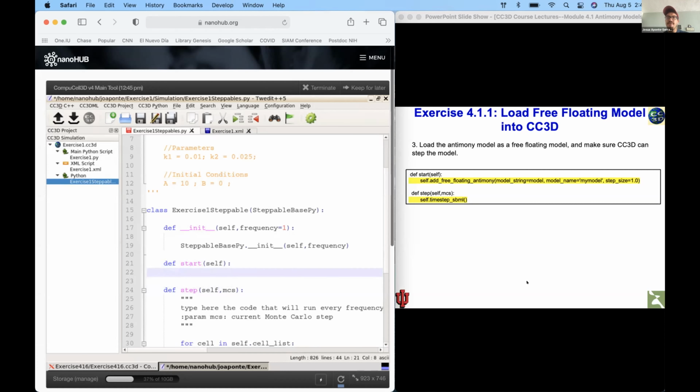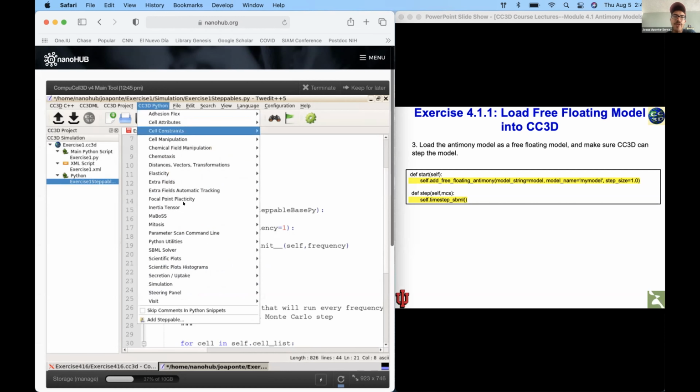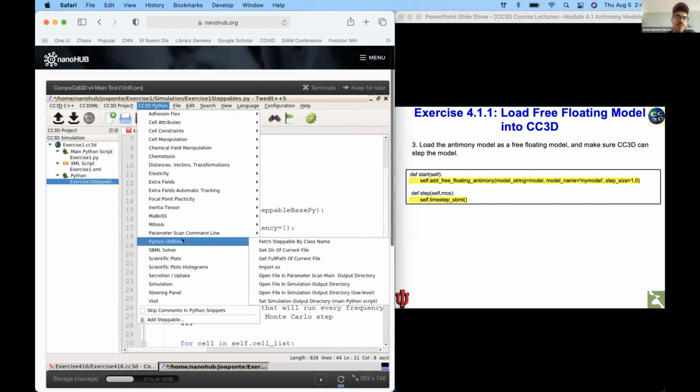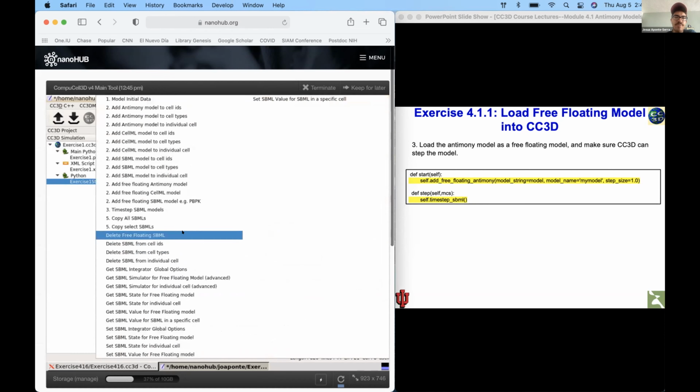And to have access to the code that would allow us to load the model, we always come to your friend CC3D Python, and we go to SBML solvers. It's a little bit of a long list here, but the one we are interested in is this add free floating antimony model. There are many options depending on the type of markup language or model specification that you're using to specify your subcellular model. But in this particular exercise, we're gonna focus on